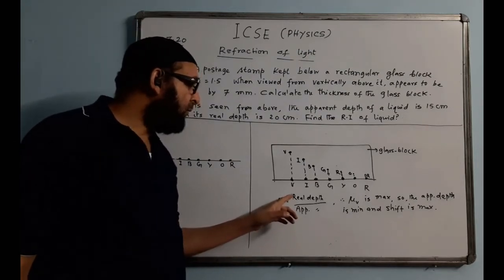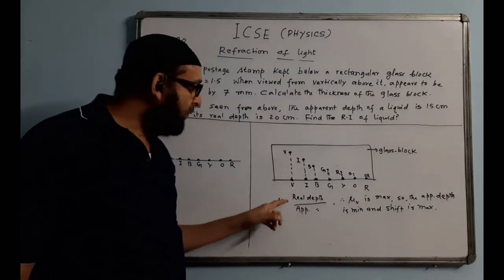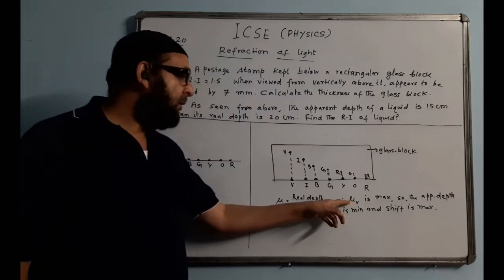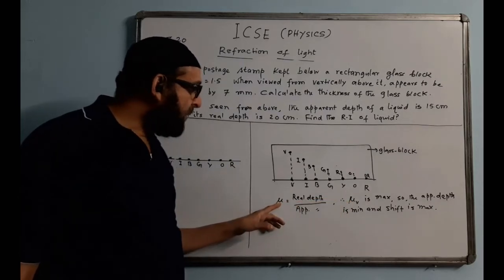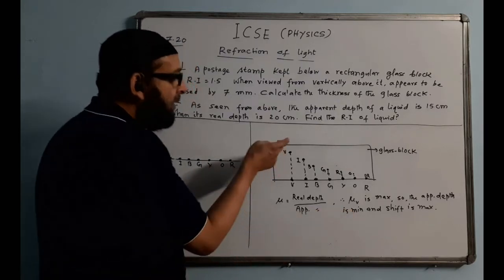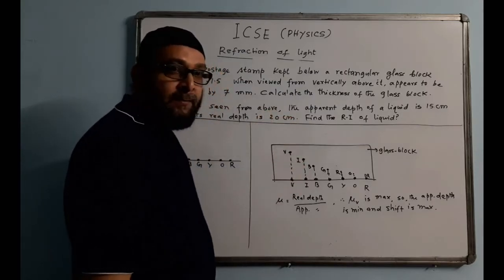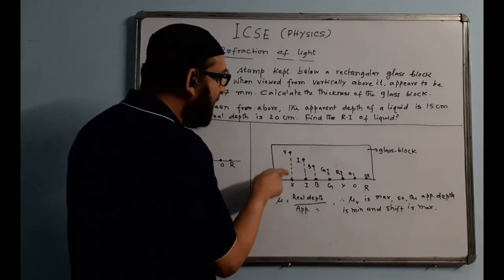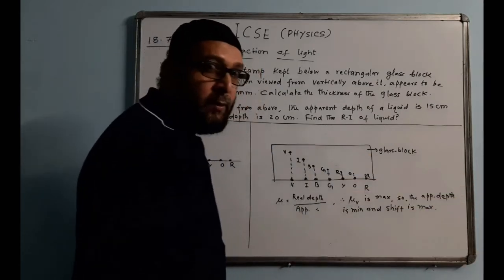Mu is equal to, we know the formula, real depth by the apparent depth. Which color has the greatest value of refractive index? The answer is violet. Last time, in the beginning only, I told you that violet has the maximum refractive index value. If refractive index is maximum, then apparent depth will be minimum. And when the apparent depth is minimum, here the apparent depth from top we are considering, so this depth is minimum, that is the shift is maximum. The color violet will appear to be raised maximum. So violet will be right on top, then indigo, blue, and in the form of a ladder like this going down.